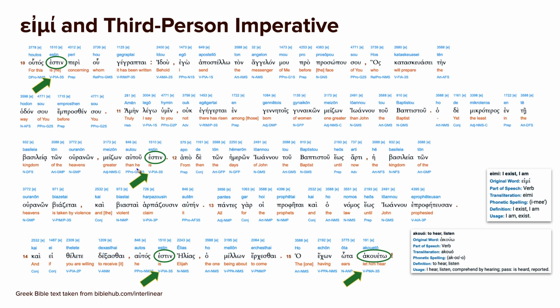Again, here, he is greater, right? So this is talking about how John the Baptist is the greatest of all people born of women. Basically, on this earth, John the Baptist is the greatest. But the very least in the kingdom of heavens, or the kingdom of God, is greater than John the Baptist. So greater than he is, estin. And then again, he is Elijah. All right, so he is Elijah, talking about John the Baptist being the Elijah come again. Autos estin Elias. All right, so that's our estin, which you'll probably recognize more and more.